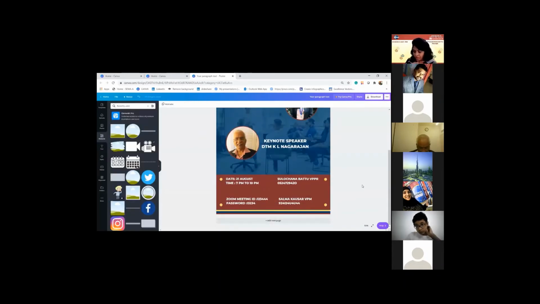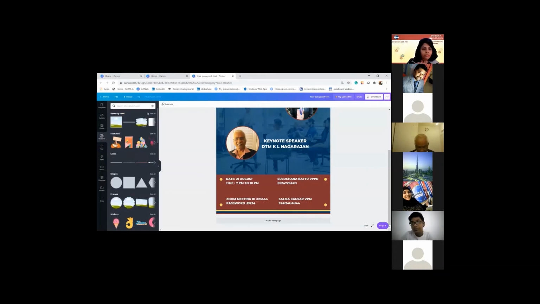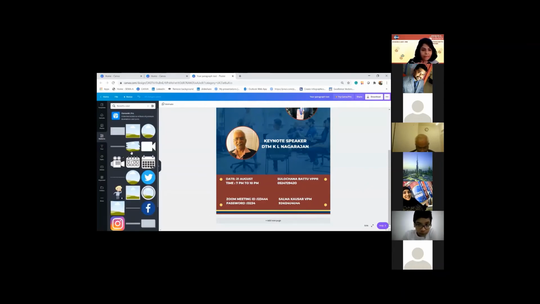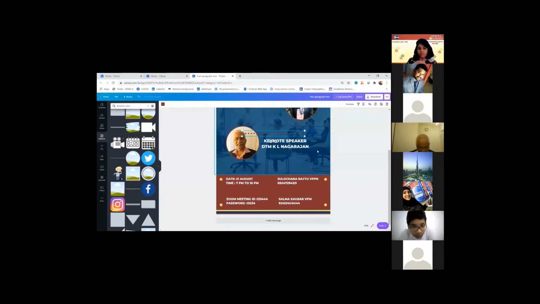Your poster looks fine, but I want to make a difference in the center because I feel both the Zoom meetings and the contact details are together. So let's bring in an element from elements. Let's take something like probably this. This is in the horizontal format, but I want to make it vertical. How do I do that? I turn it around by 90 degrees.